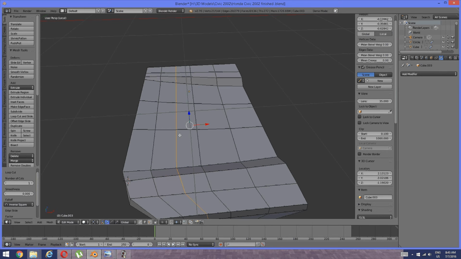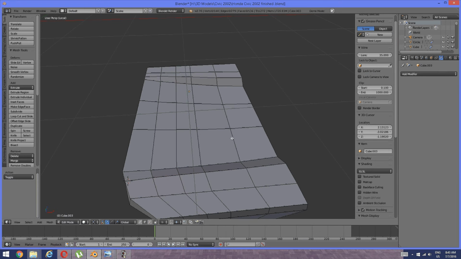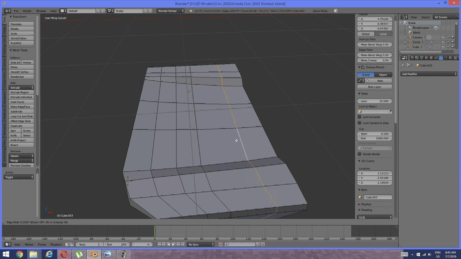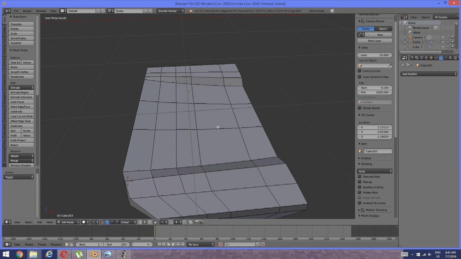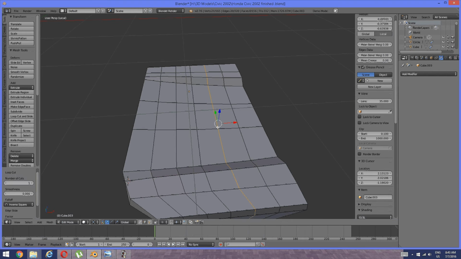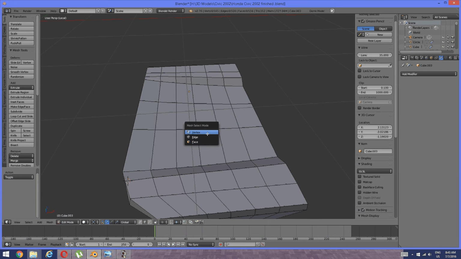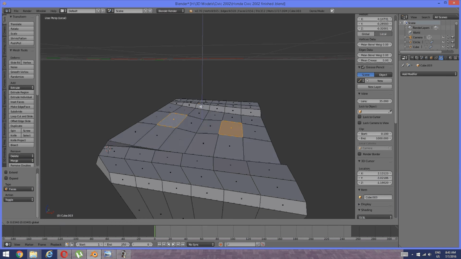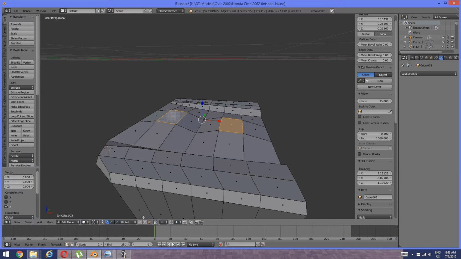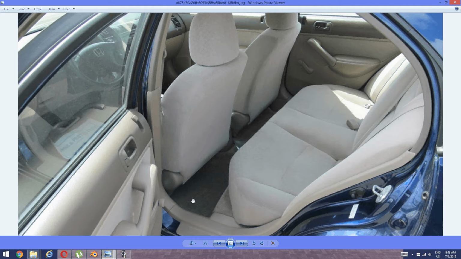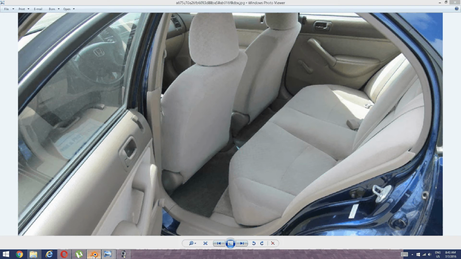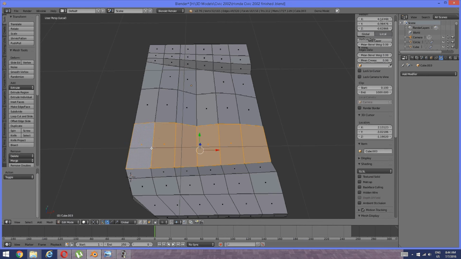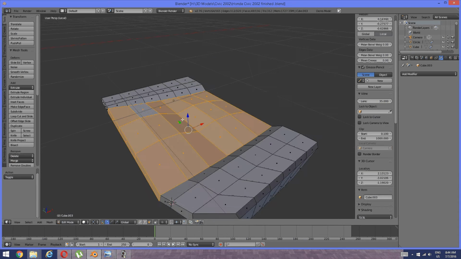And just add an edge right there. Edge slide. Ctrl E for edge slide. And I'm just going to edge slide that. Ctrl R for edge select. And now I'm just going to go into here and just kind of move that up more. Like that pretty much. Where that's facing like that. And now I'm just going to kind of like